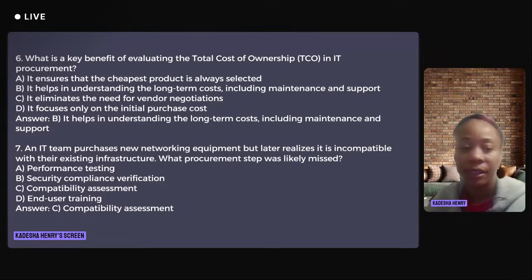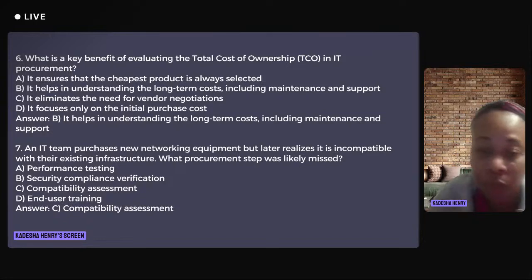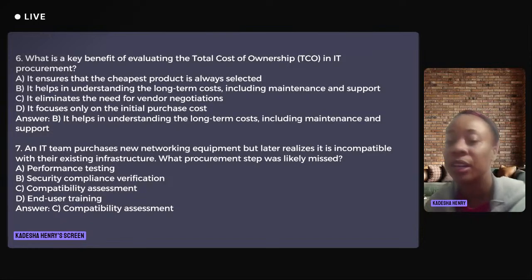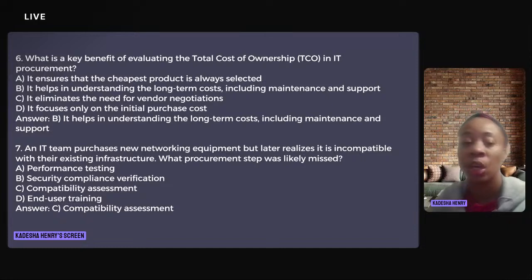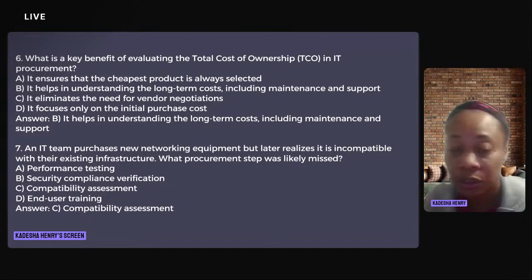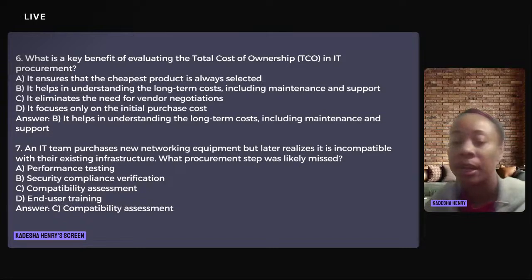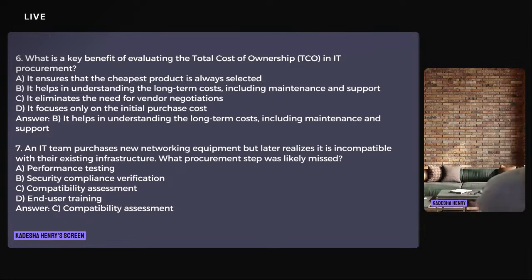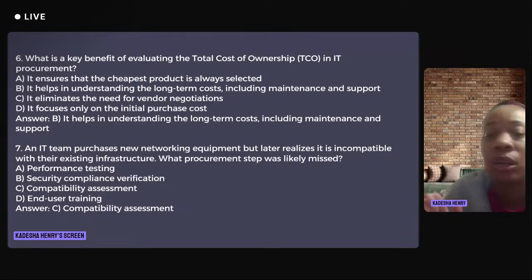Number 7, an IT team purchases new network equipment but later realizes it's incompatible with their existing infrastructure. What procurement step was likely missed? So number 6 is just a bonus question. The total cost of ownership is just a bonus there for you to think about, and you can read about it. Number 7,